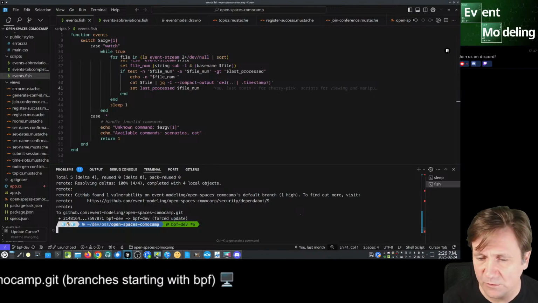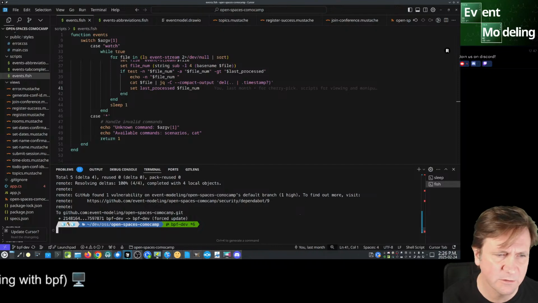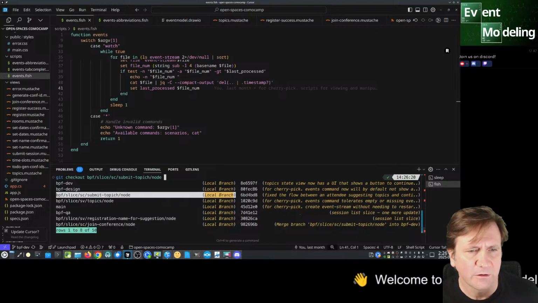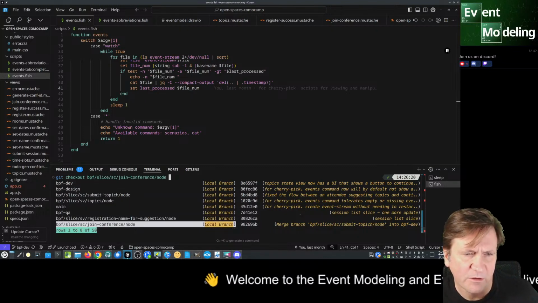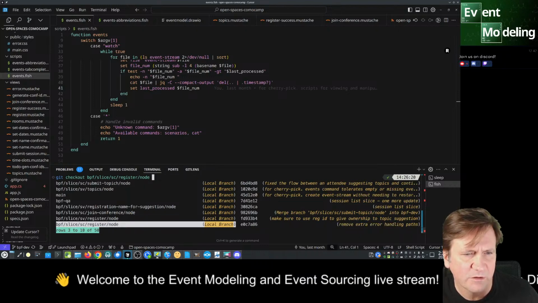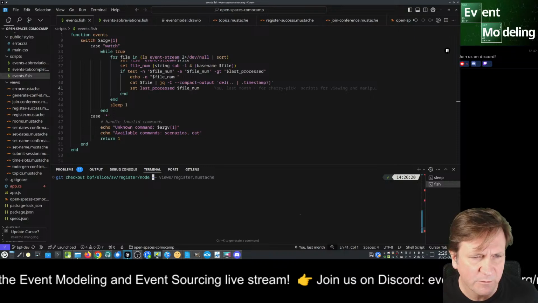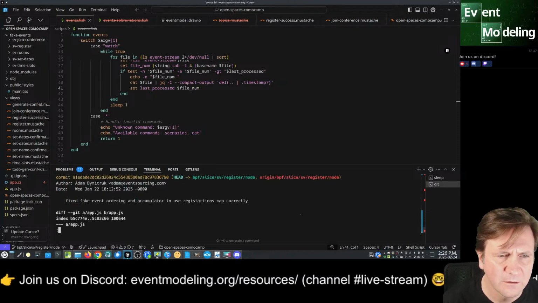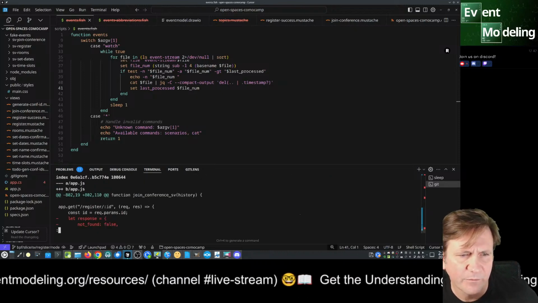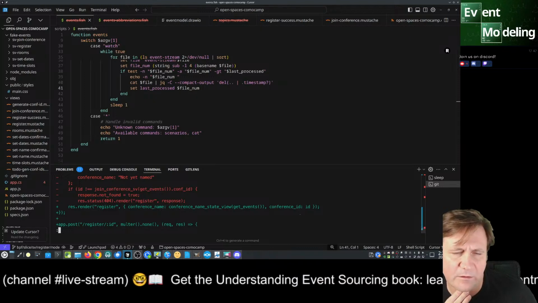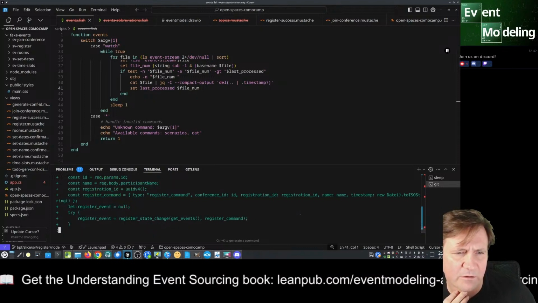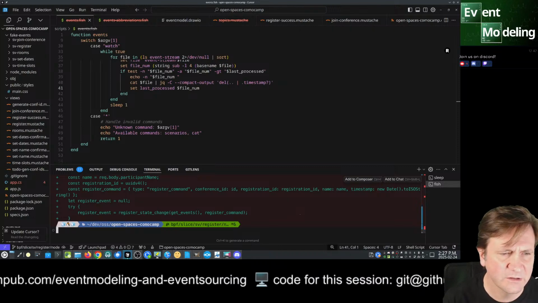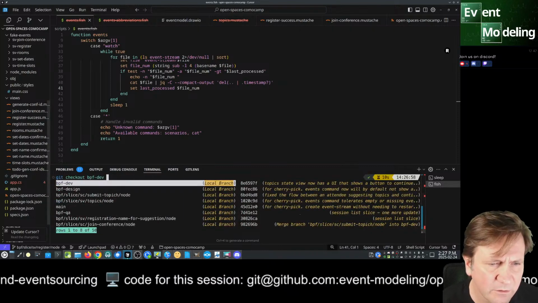And now that this works, we need to go and pull those back out to the other branches. So we do a git checkout, and then we want topics, registration, joint conference, register, state view, register that. Okay, so what do we have here? Git log dash p. That's register. It's the wrong one. Register success. Okay, git checkout, and then we want